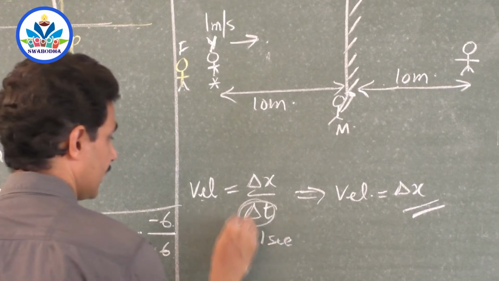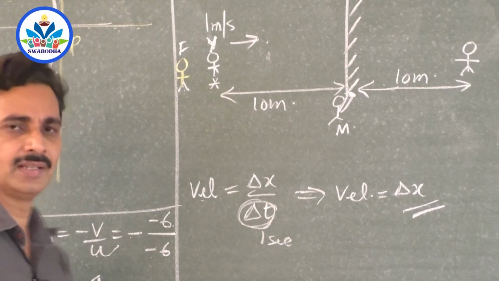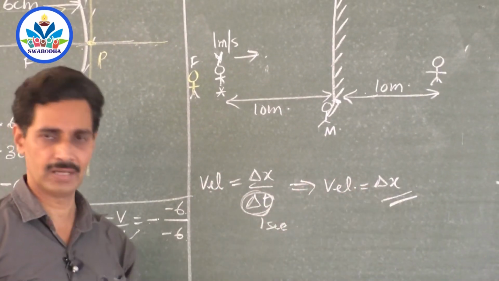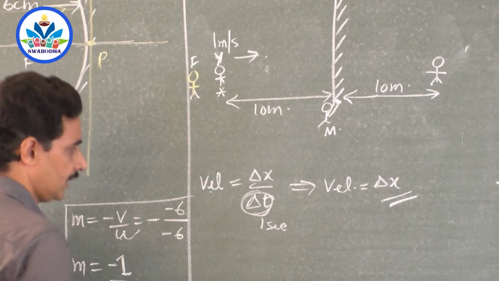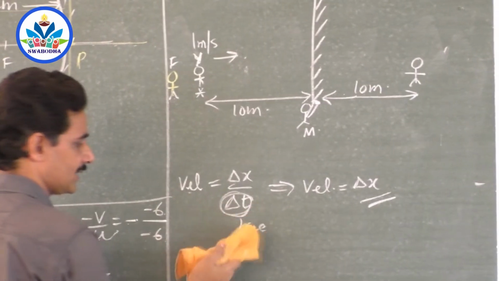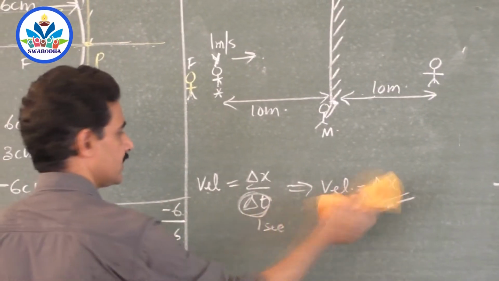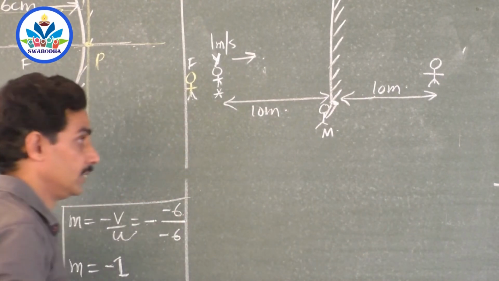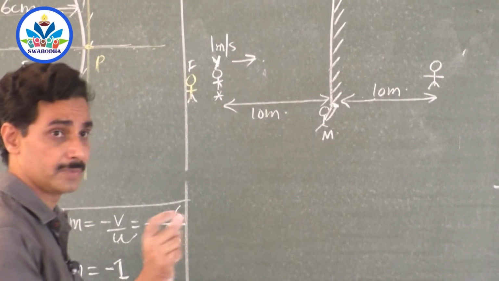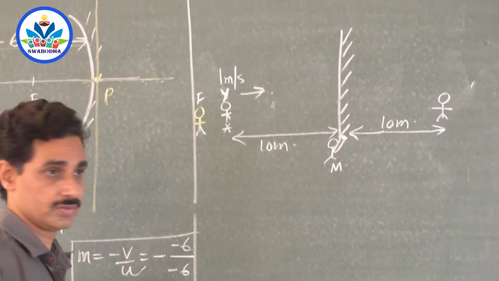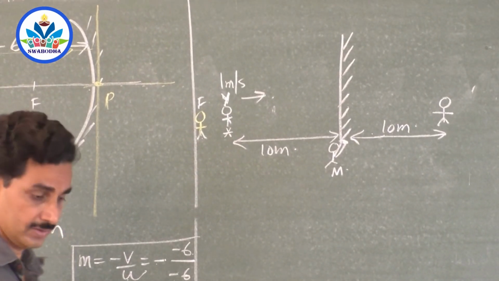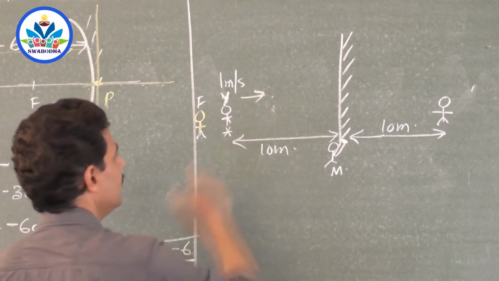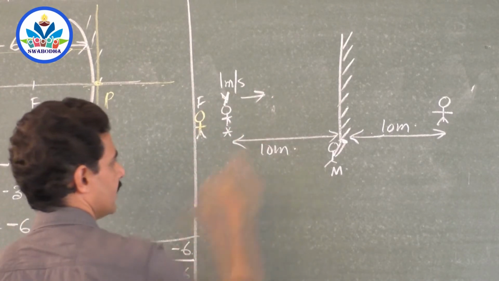So we will restrict every discussion to 1 second. Then the answer we get is itself the velocity. With this in mind, delta t is always taken as 1 second, so velocity is displacement by 1 second. The magnitude of displacement is equal to the magnitude of velocity. Of course, displacement cannot be velocity, but the magnitude of displacement will be equal to the magnitude of velocity. Okay, let the body move 1 meter per second towards the mirror.